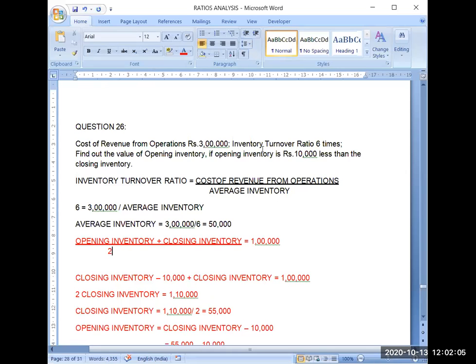This is the formula of average inventory: opening inventory plus closing inventory divided by 2, and it was equal to 50,000. Average inventory was equal to 50,000. So instead of writing average inventory here, I have put the formula of average inventory. So now when this will be cross multiplied by 2,